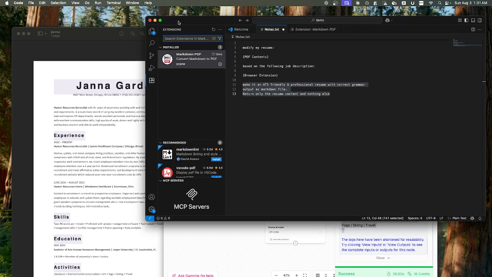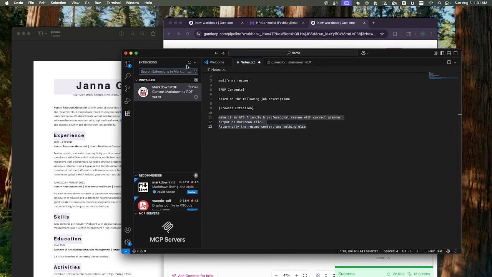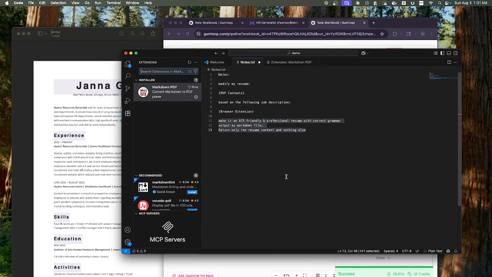If you haven't installed it, go ahead and install VS Code or Visual Studio. And then you also need to install an extension called Markdown PDF. Okay, that's all you have to do. You have to do it just one time. This Markdown PDF allows you to create a PDF file from the Markdown file. I already did that, so this is already installed. So what you need to do, once you